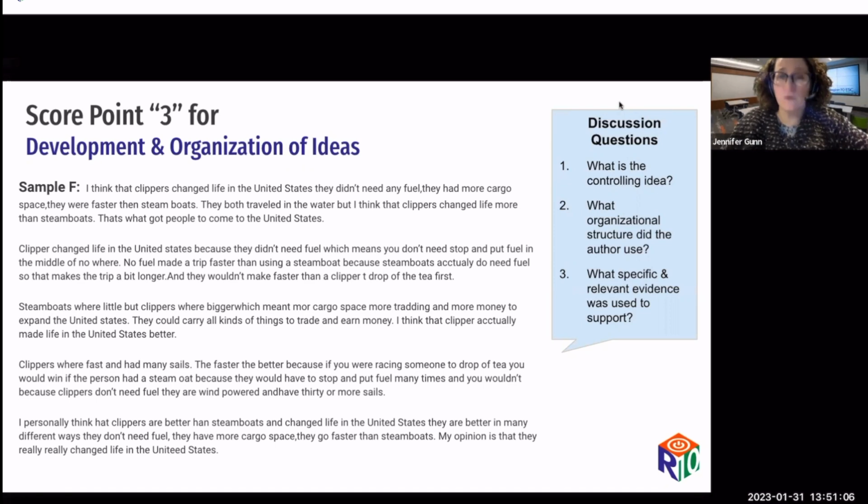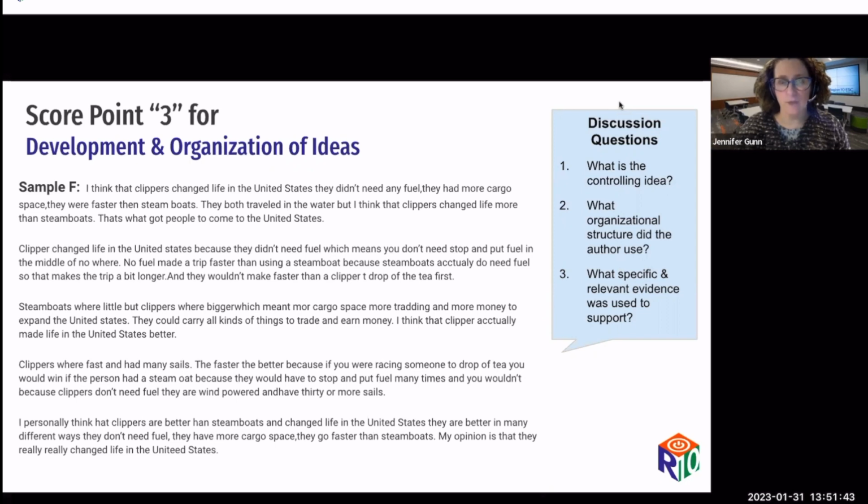They didn't need any fuel. They had more cargo space. They were faster than steamboats. They both traveled in the water, but I think that clippers changed life more than steamboats. That's what got people to come to the United States. Clipper changed life in the United States because they didn't need fuel, which means you don't need to stop and put fuel in the middle of nowhere. No fuel made a trip faster than using a steamboat because steamboats actually do need fuel. So that makes the trip a bit longer, and they wouldn't make faster than a clipper to drop off the